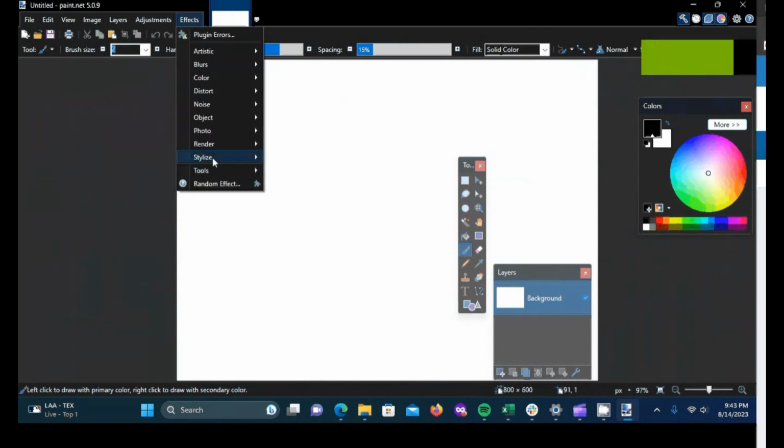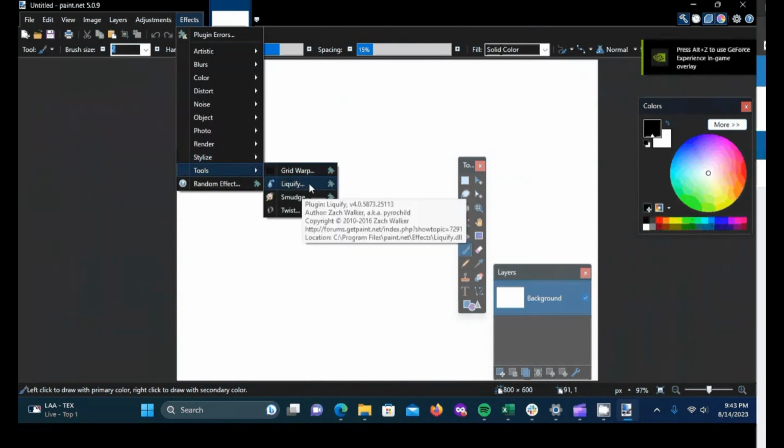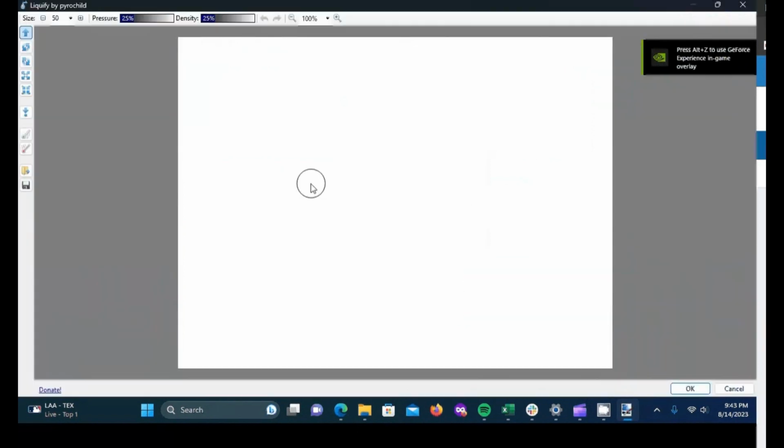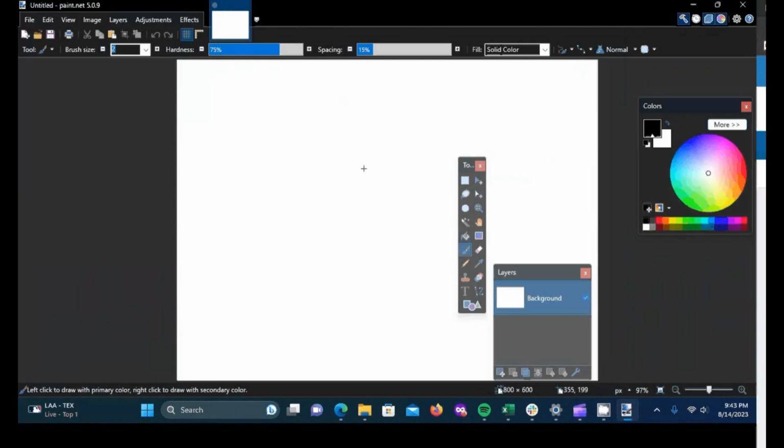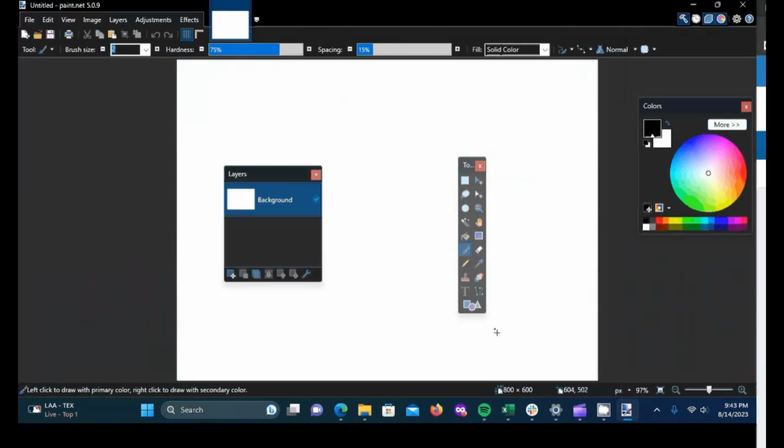And under Effects and Tools, I now have Liquify. So it installed successfully. So that's how it's done. That's how you install